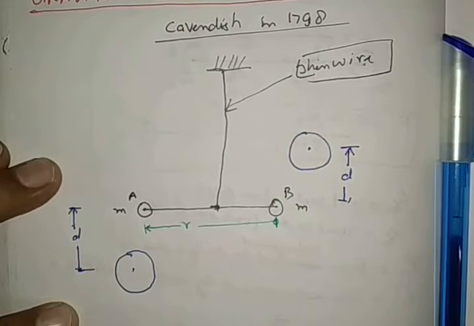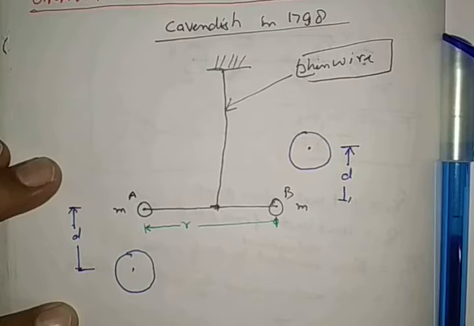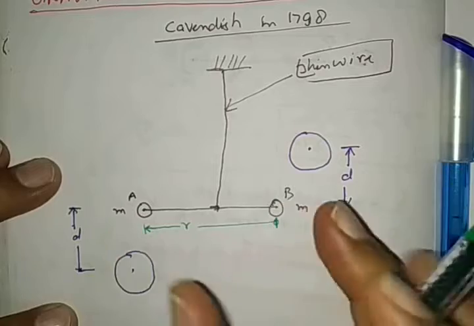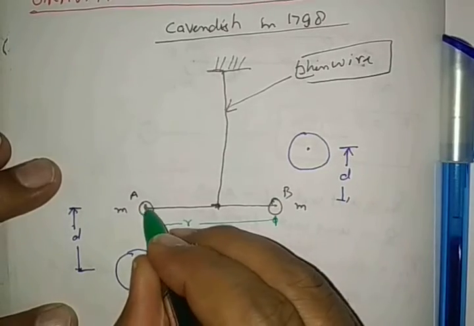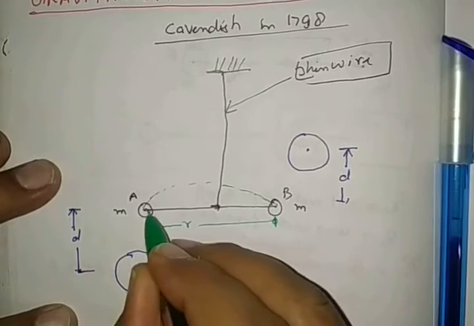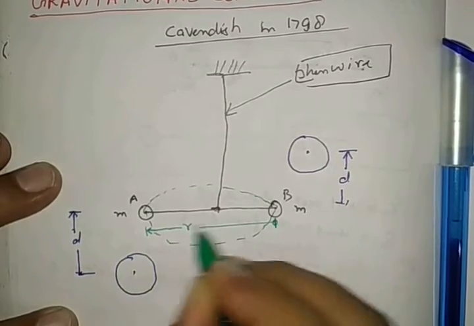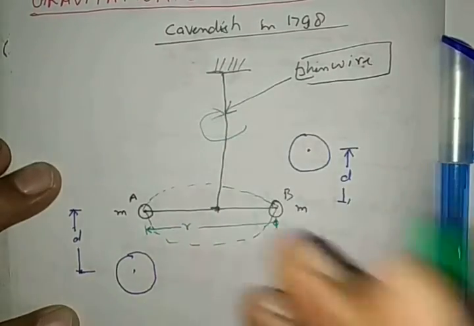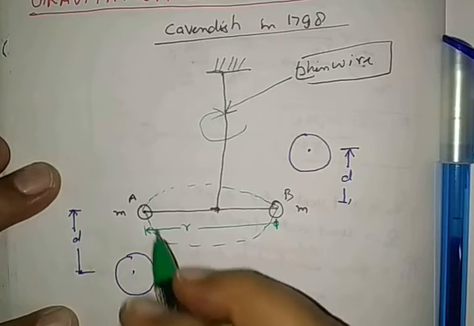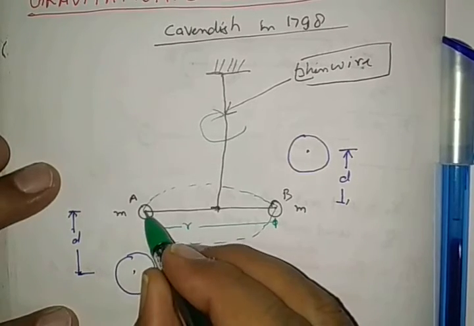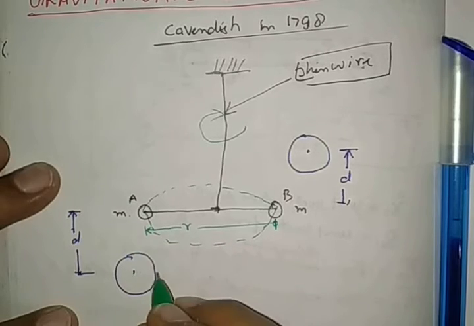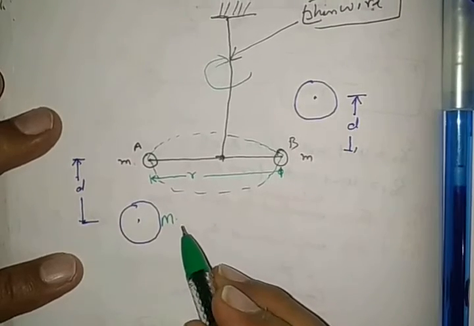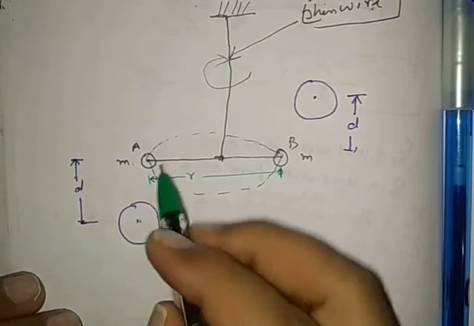What is done here in this experiment? It is very important. This rod, with the two balls connected to it, is made to rotate here in this circular path. It's made to rotate here in this direction, in this way. See very carefully here. One is smaller mass, one heavier mass. Let heavier mass be capital M. So gravitational force acting on both.